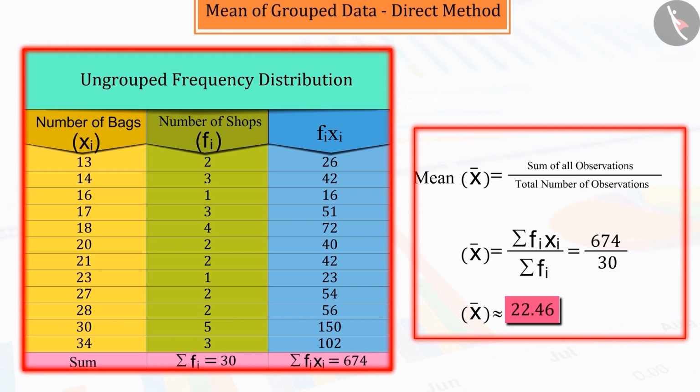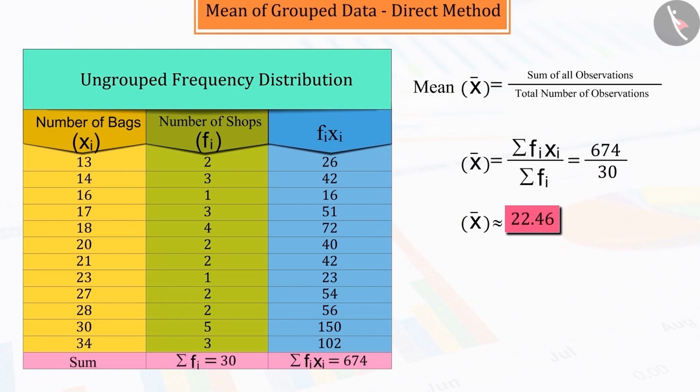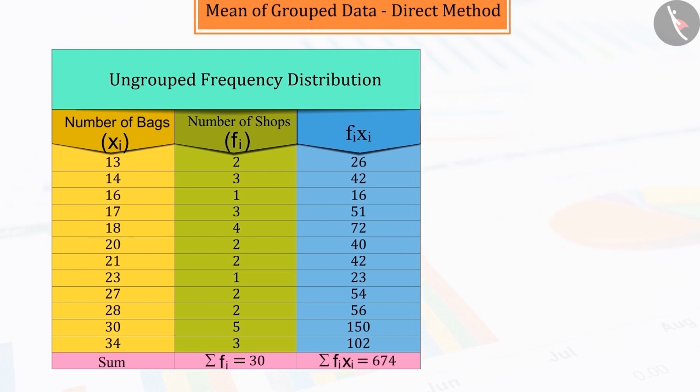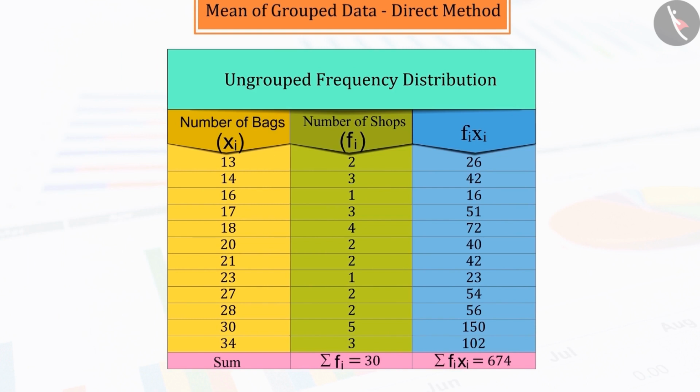But note that this method is useful only when you have small data in daily life situations. But can you tell what approach we need to adopt when the number of data is very high? Let's try to understand with the help of the above example. Since the amount of data is huge, we classify the ungrouped data into groups and thus reduce their size.